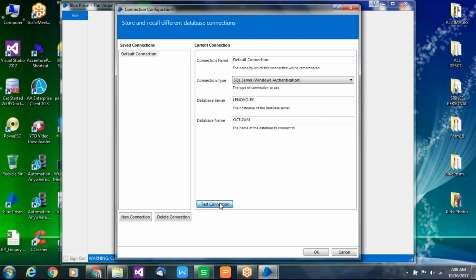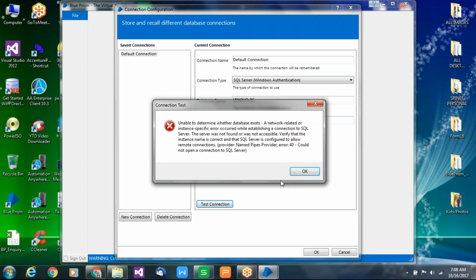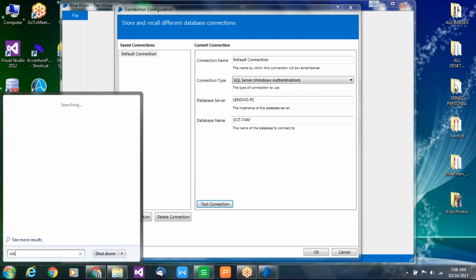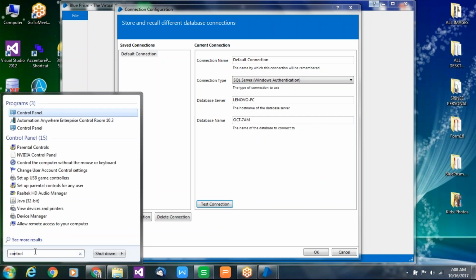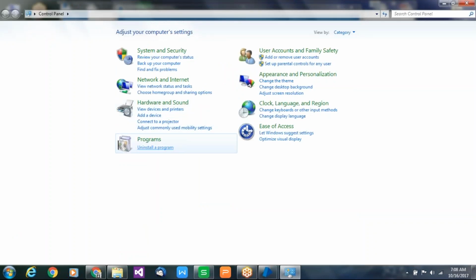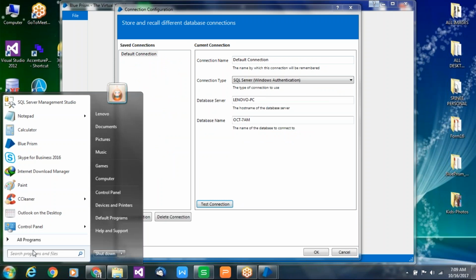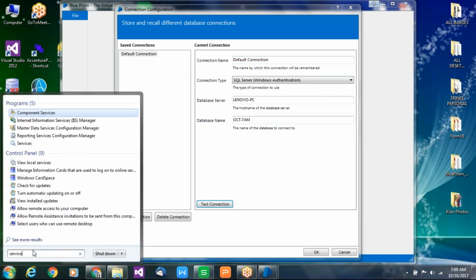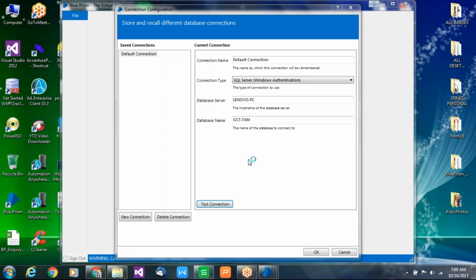See guys, I made everything correct, but in the weekend this kind of error is coming. How to troubleshoot? Anybody have any idea? Sometimes the servers will be stopped due to your system issue. The servers will be stopped actually, so we have to restart the services.